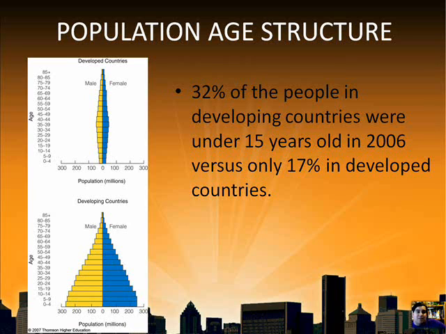So this is a comparison of developed and developing countries, and we're going to look at the number of individuals at each age group. You can compare how they differ. You can also compare the number of males to females, and I would like to pay special attention to the number of females here. We can see that there is a significant decline, or a significantly lower number, in comparison to males. We're talking millions of individuals here, and we will see what's causing that.